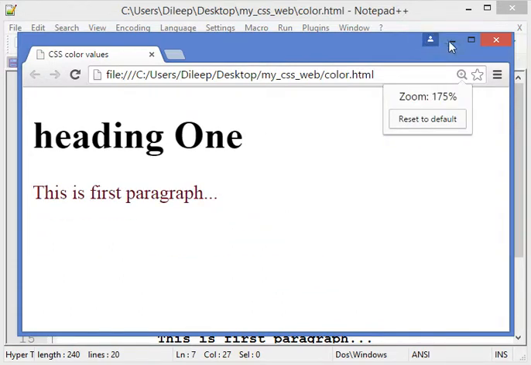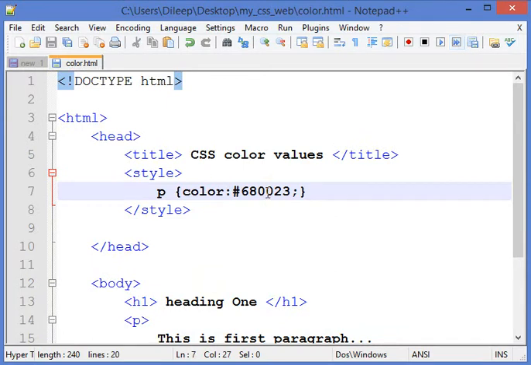now there is another method of providing the color using hexadecimal, by using shorthand. So how does shorthand work? If I want 66 AA and 88, then in place of writing this, I can omit one character.